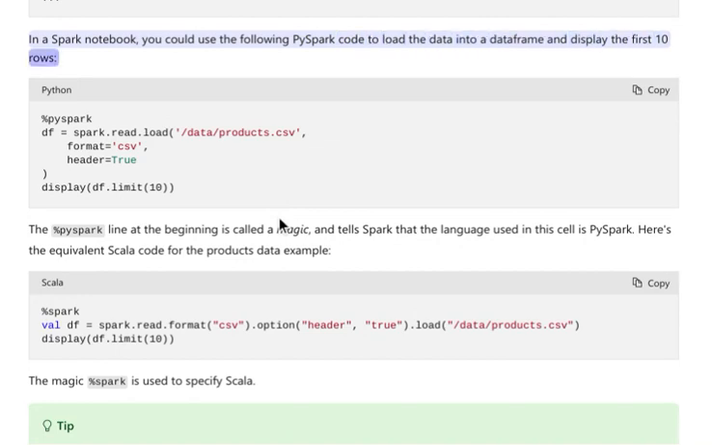In a Spark notebook, you could use the following PySpark code to load the data into a data frame and display the first 10 rows. %pyspark df = spark.read.load('/data/products.csv', format='csv', header=True) display(df.limit(10))